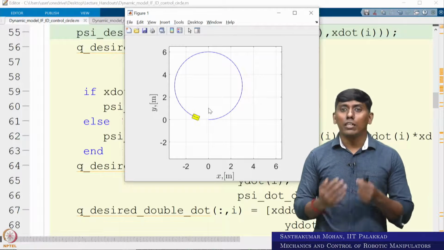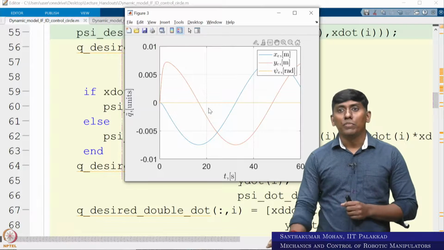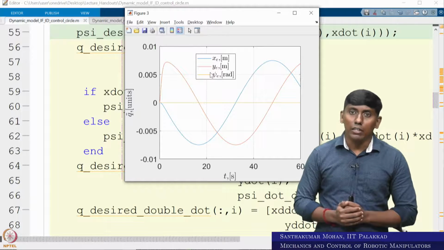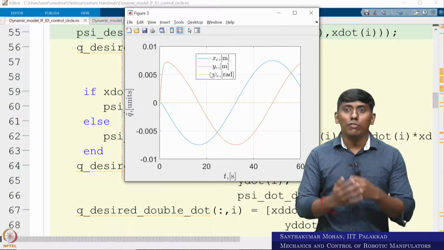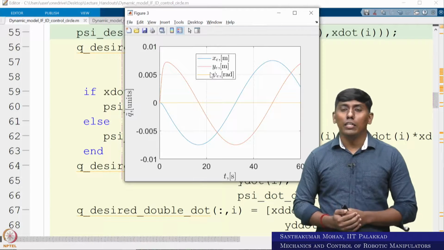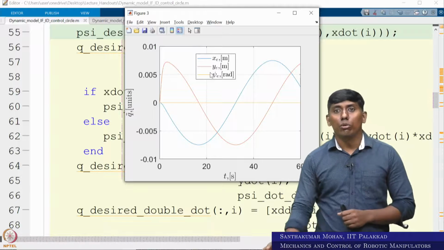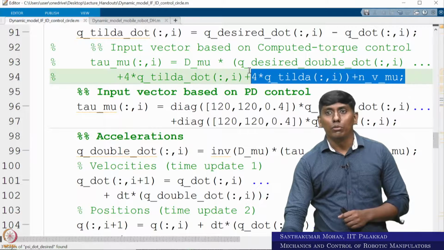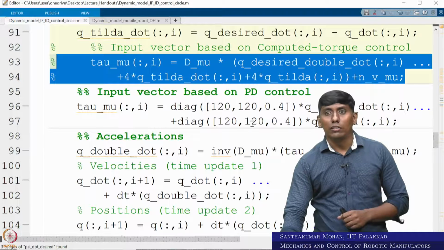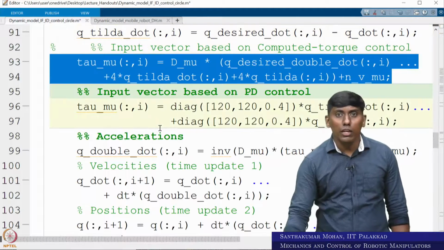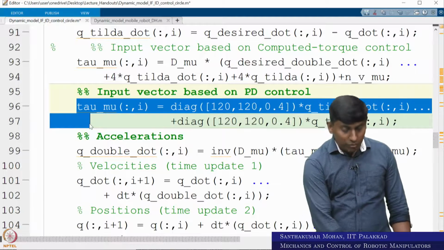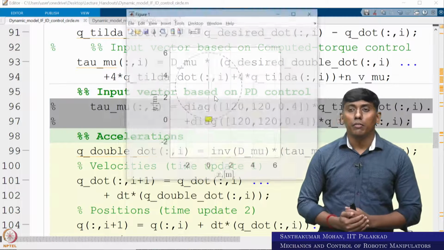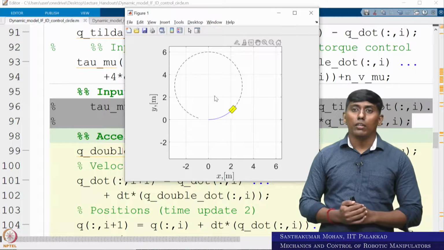Now you can see the mobile robot can be used with the Denavit-Hartenberg approach, we can derive the equations, and we have even done the motion control. Here we have done motion control with the computed torque control. Even for the mobile robot, simple PD control is sufficient. Just to demonstrate, the PD control is already executed. Now I am trying to show the computed torque control performance. You can see the performance is a little more improved. That is what I wanted to show. So this is the computed torque control performance.